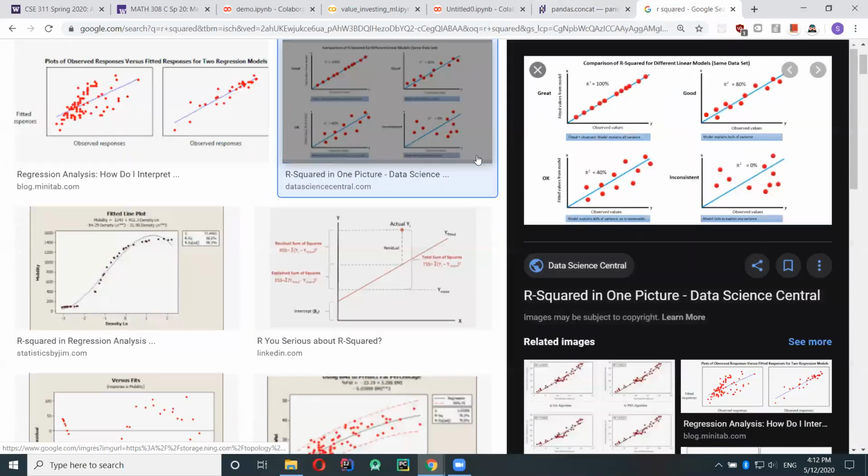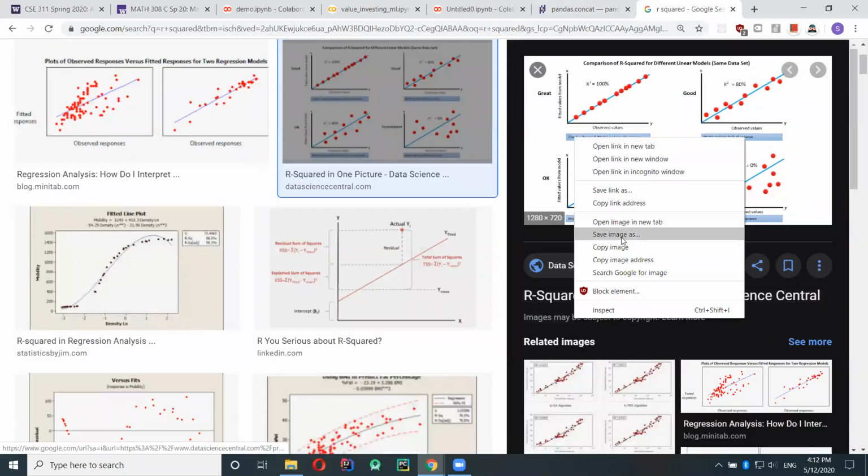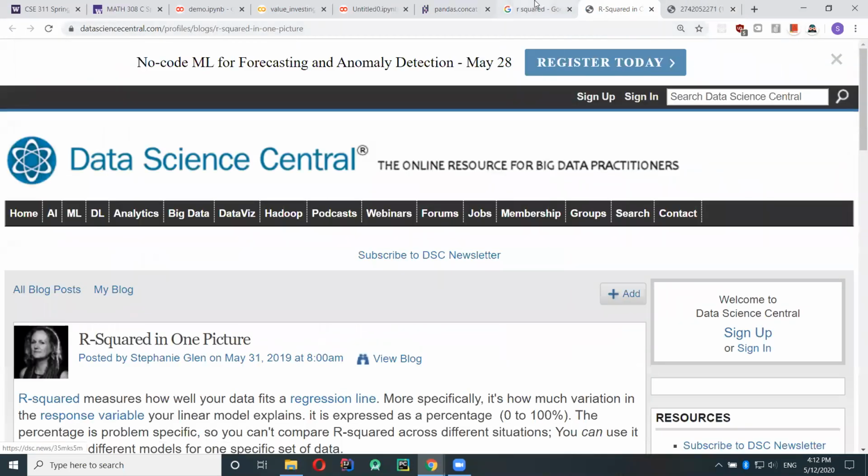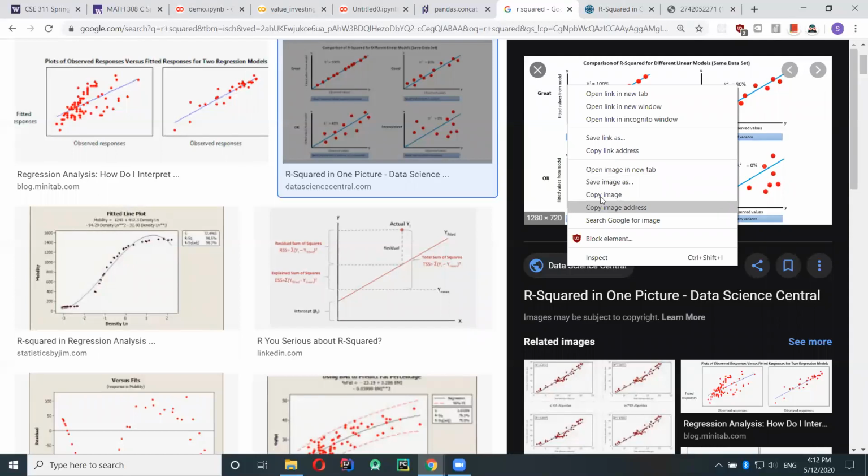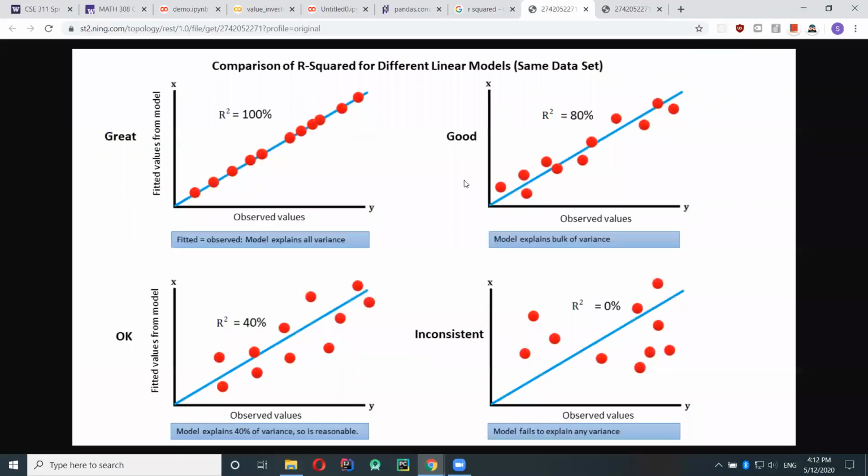Okay, you can see here, linear regression is a model, right? Here, your line of best fit model fits the data really well, so your R squared is 100%. Here, the data is sort of random and your line of best fit doesn't really predict anything, so your R squared is kind of low.